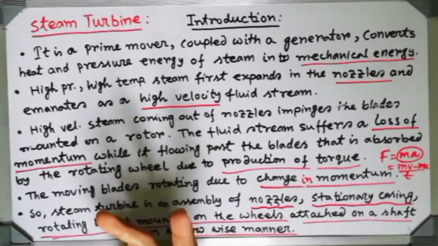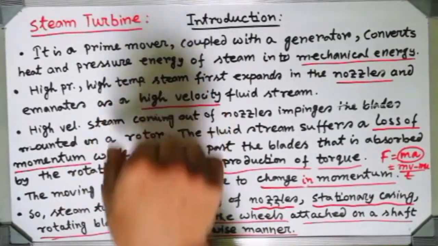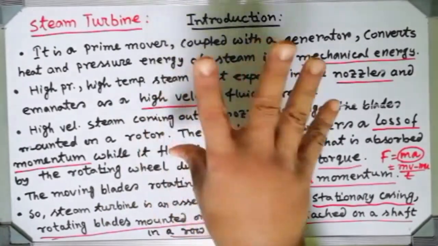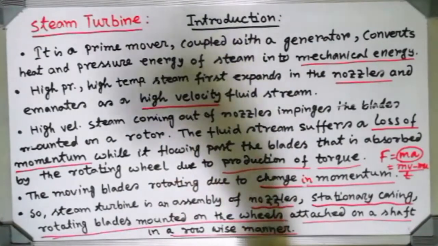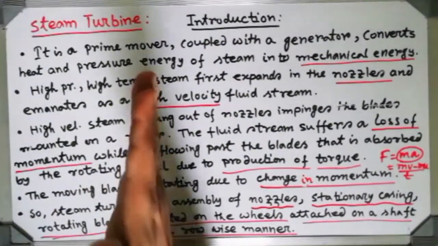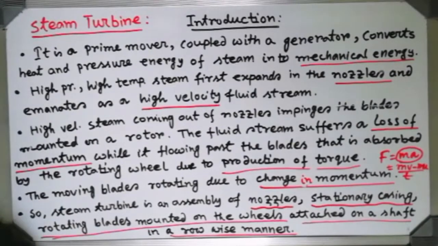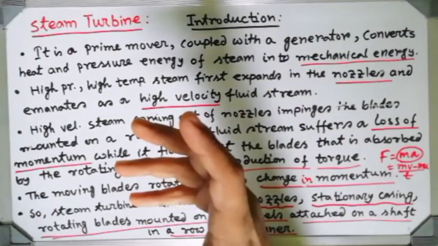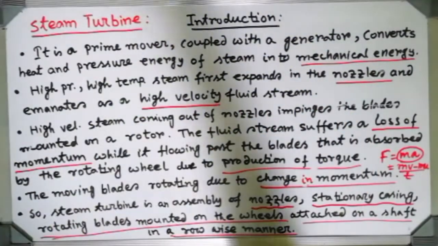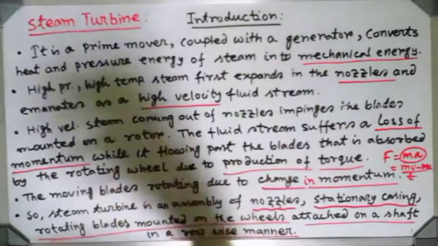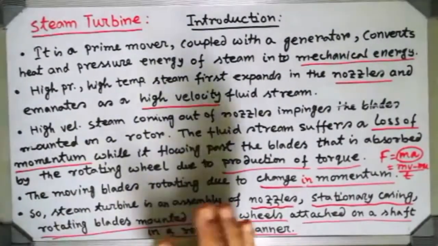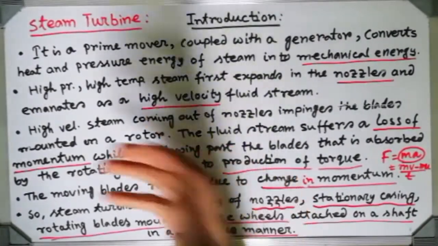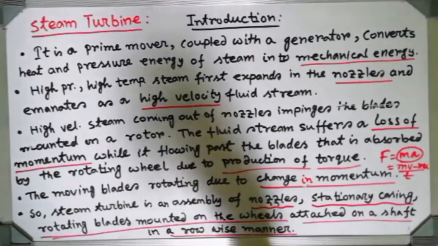So what is the advantage of it? If a series of rows of blades is there, then continuous expansion of the steam will take place. That means more work will be produced. Suppose there is only one row of blades, then the steam will expand and go out. While the steam is going out, lots of energy will be exhausted with the steam, because the energy possessed by the steam is not fully recovered. Our objective is very simple. We have to utilize the maximum amount of energy out of the steam. Then you can get more work.